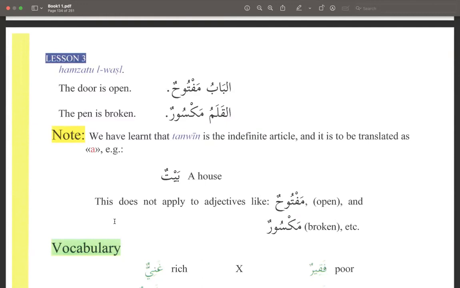Like in Urdu, koi ghar, any house. Koi, there is no definite. And when you say koi, it becomes common, right? Koi topi, koi admi, koi ladki, koi pyala, any. So A will help you. If you translate A in Urdu, koi, it gives the meaning of commonness. Can be anything. But when you make it definite, you subtract the koi and then you just read it like this. Ghar.